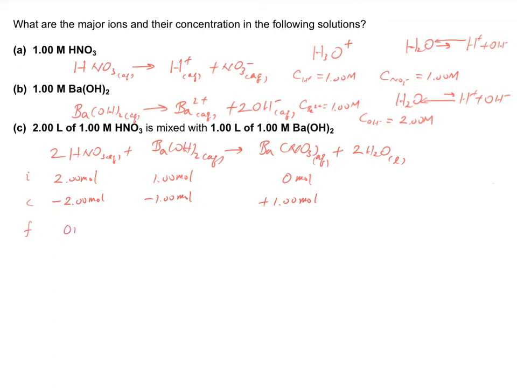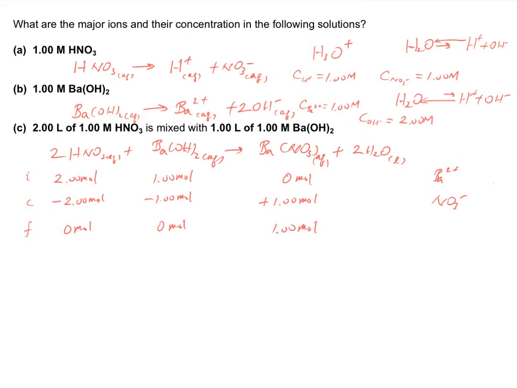At the final, we have 0 mole of acid, 0 mole of base, and 1.00 mole of barium nitrate. We don't think too much about water because water is a weak electrolyte, and we only have barium nitrate. It is an ionic compound, a strong electrolyte. It dissociates into barium and nitrate. So we have 2 major ions, barium 2 plus and nitrate minus, and the concentration for them